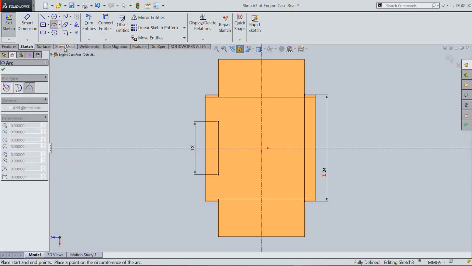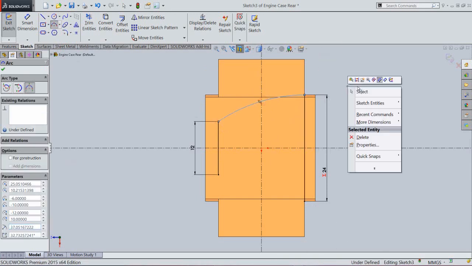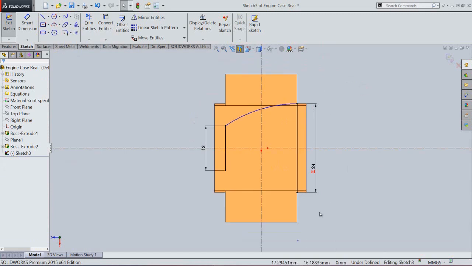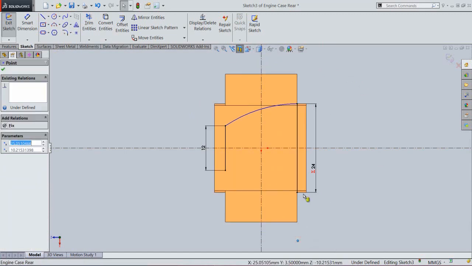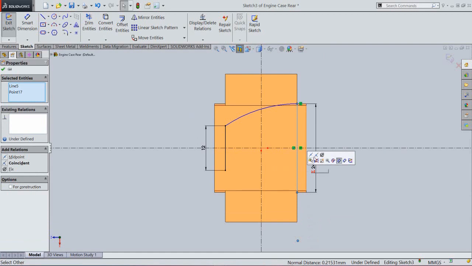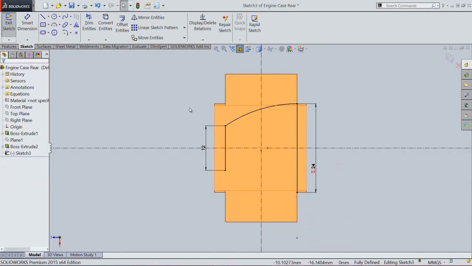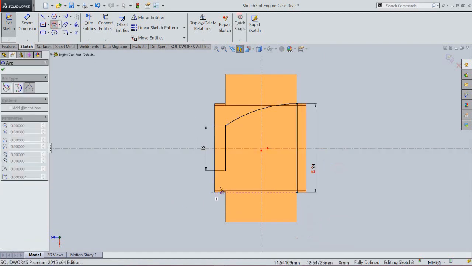Now we will activate the 3-point arc tool. Select this point and this point. OK, to connect it. Create another 3-point arc, something like this.